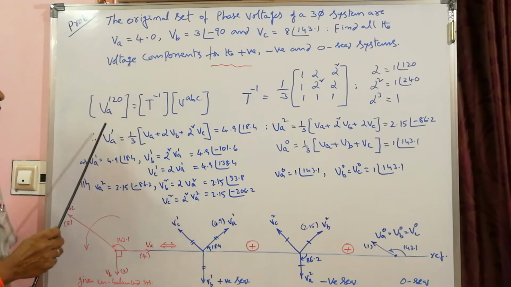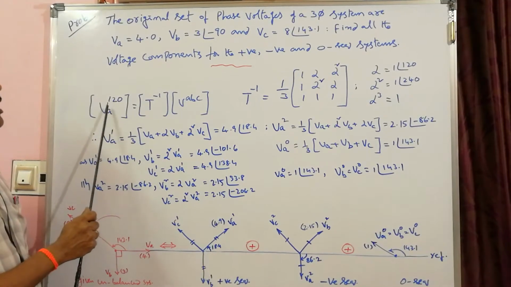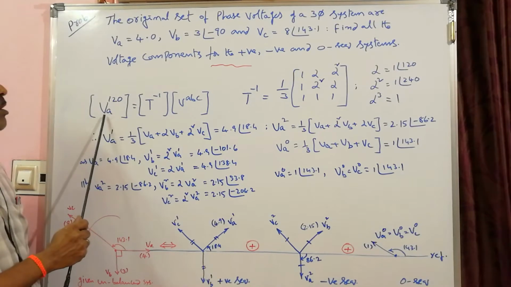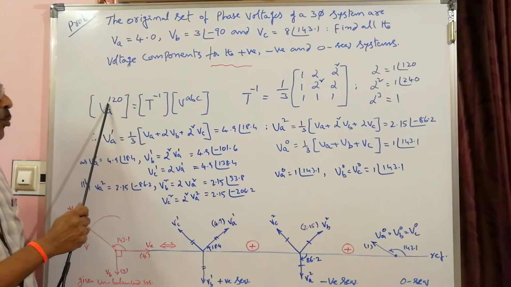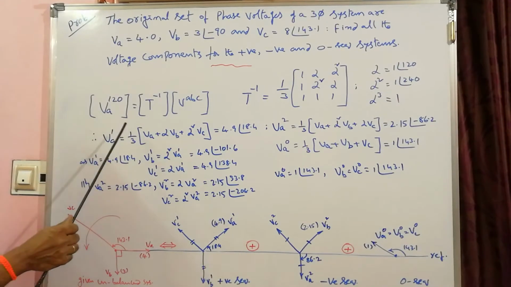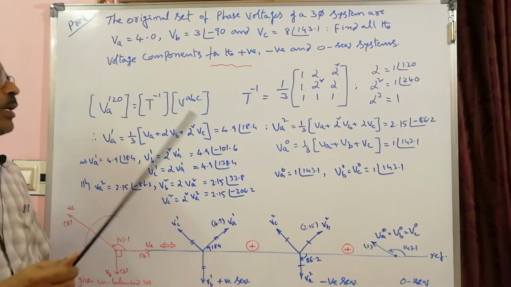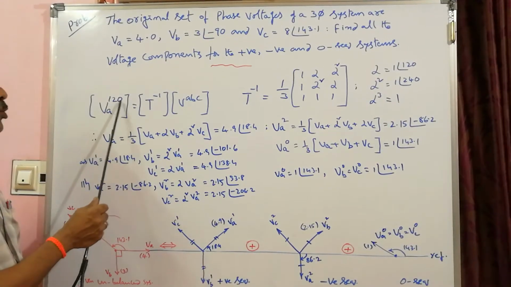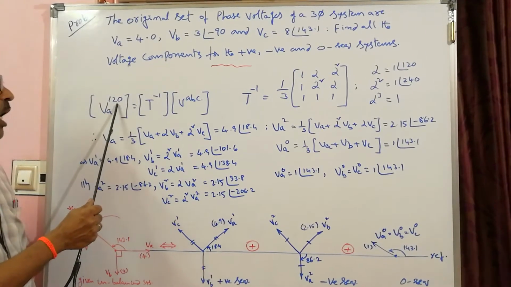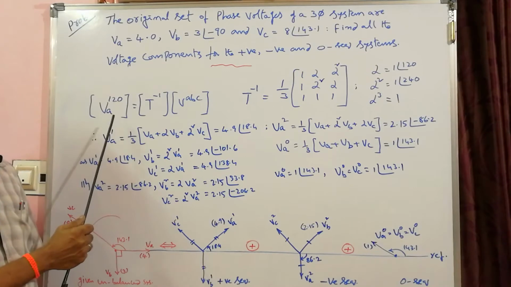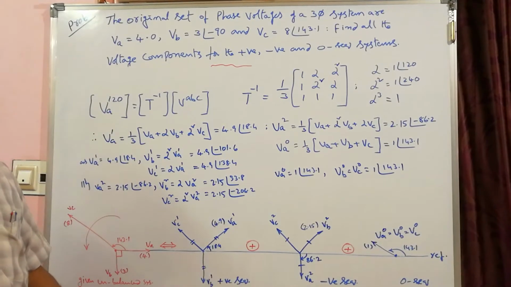Okay. So, please see, we can obtain VA120, that means the positive, negative and zero sequence components of phase A voltage, as T inverse multiplied by VABC. So, from our earlier derivation, V120 is T inverse VABC. This V120 is obviously for phase A only. For phase B, phase C we can calculate because of the fixed relations.